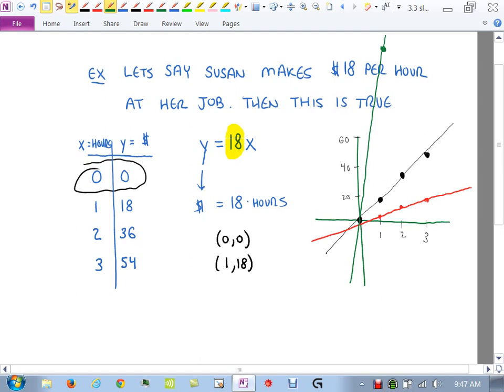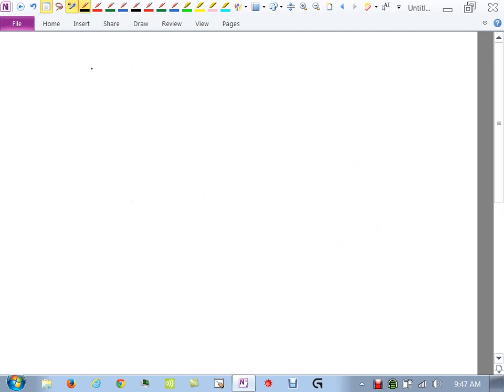So, anyways, just trying to get you to see the relationship between the number in front of X and how it controls our line. That is known as the slope. So that's what we're going after here now, all right? The slope of a line